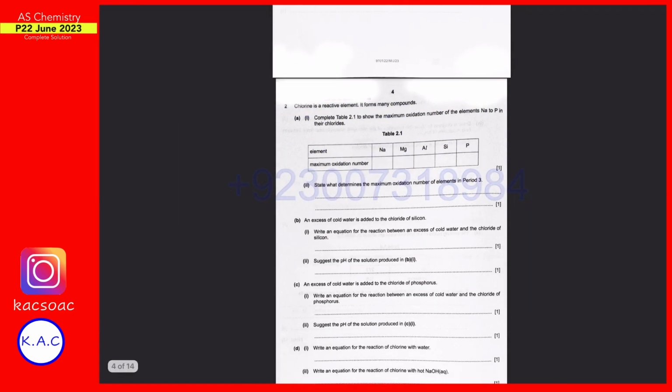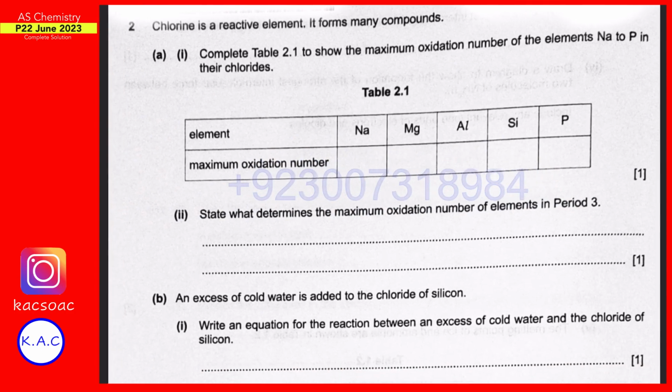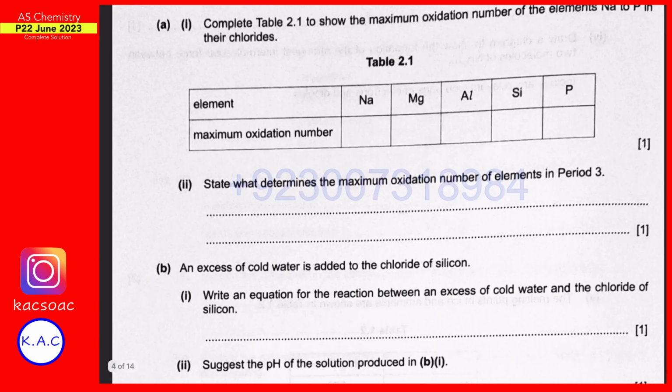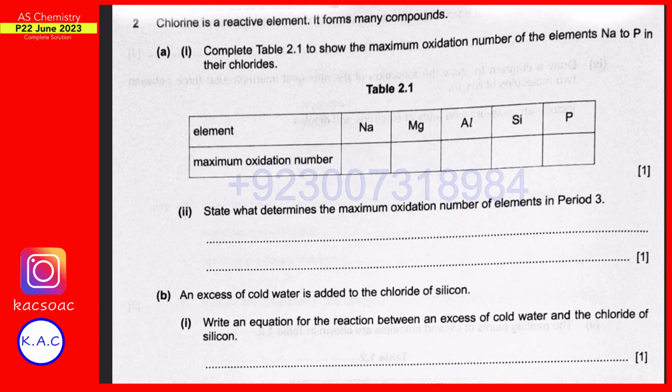Let's move toward the next question, question number 2. It's from period 3 elements, I think. Question 2. Chlorine is a reactive element. It forms many compounds. Complete table 2.1, which shows the maximum oxidation number of the elements sodium to phosphorus in their chlorides, and the maximum oxidation